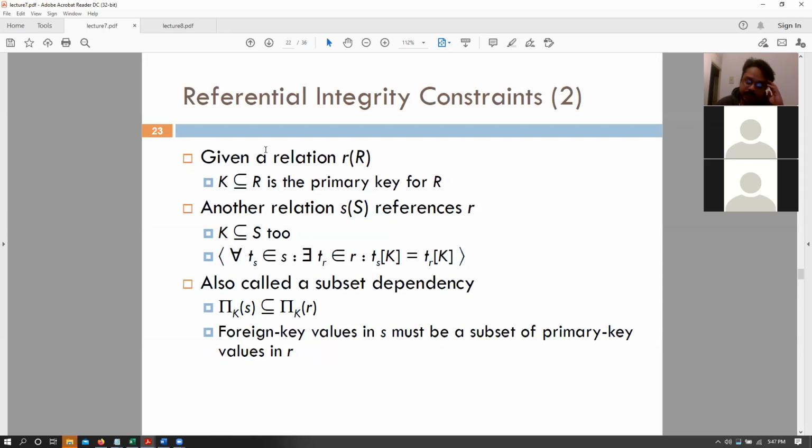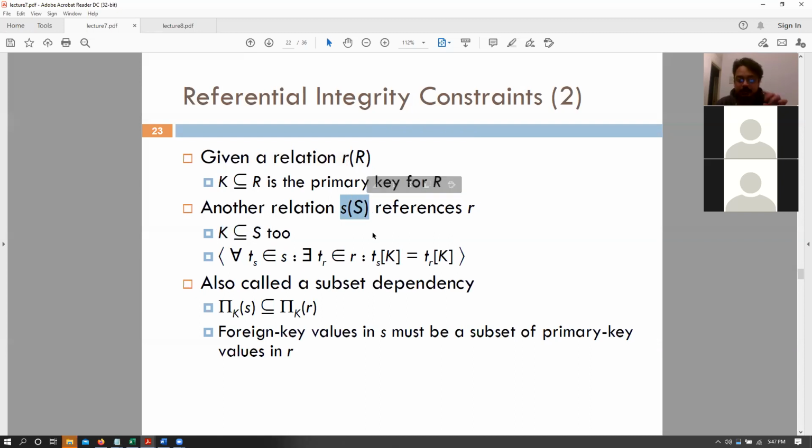So in general, our referential integrity constraint is essentially saying that the set of attributes that I'm stating in this table also references this other table, right? That is the basic case. And let's say that K is the set of values that we want to reference, and R is our relation with the schema capital R. And we are saying that the subset of attributes that we have, K, is a subset of R. And essentially we are saying that K is also a subset of our schema S, where we have the relation S with a schema capital S.